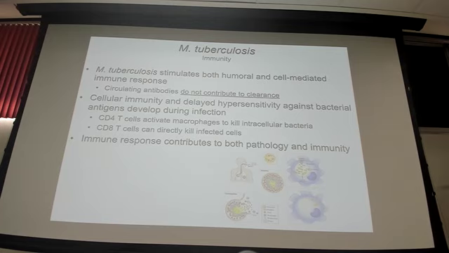This has implications for vaccine development too. Unfortunately, we can't give a nice, super clean vaccine for tuberculosis, or we would have done so. There is a vaccine for it, but it's a live bacteria vaccine. It's using Mycobacterium bovis, a related species. The reason we have to do that is because we need to stimulate the cell-mediated immune response. That's why it's so important. We'll talk about that later too, but I just want to put that out there.